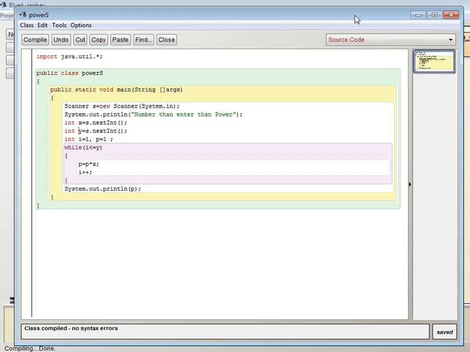Then we will come to public static void main String args, then Scanner s is equal to new Scanner(System.in). I have taken the name s. You can take anything, whatever name you want, but make sure the S of Scanner and System is capital. Then System.out.print